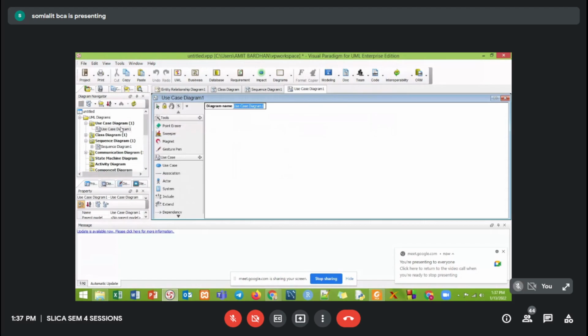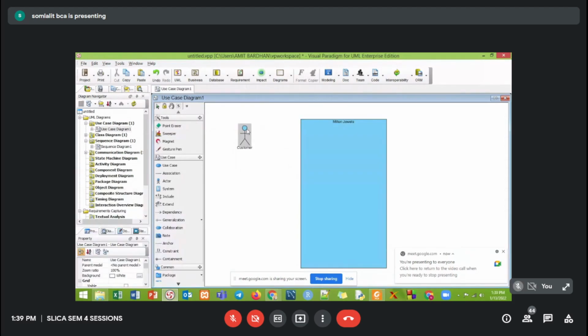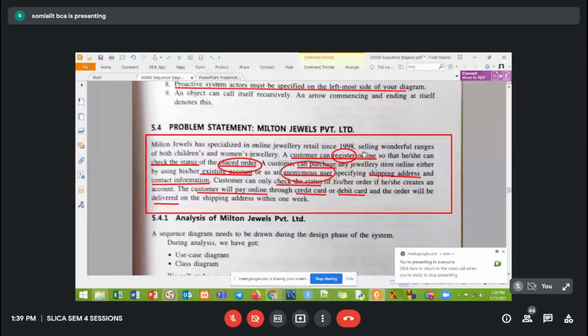So you have an actor. I've clicked on the actor. What was the actor name? The actor name was customer. I'll write customer over here. Now, first of all, what does the customer do? Customer registers. So the customer can do the registration. Click on the customer and here is the use case.